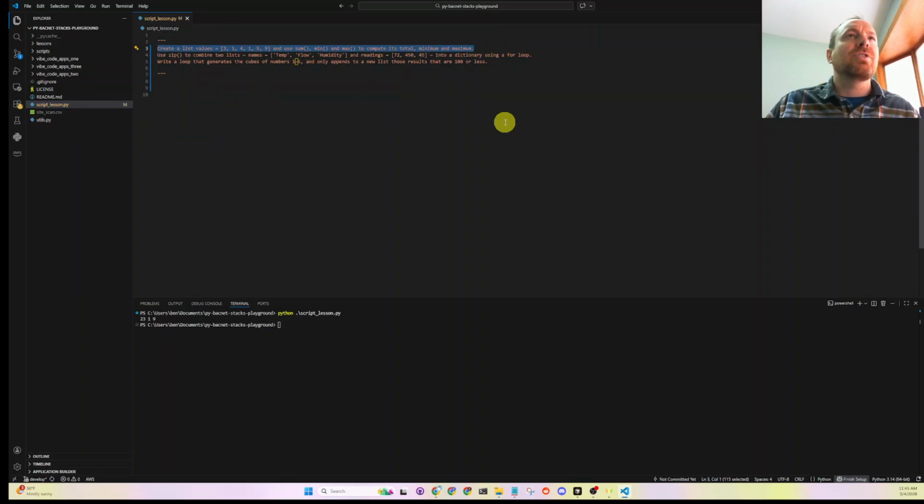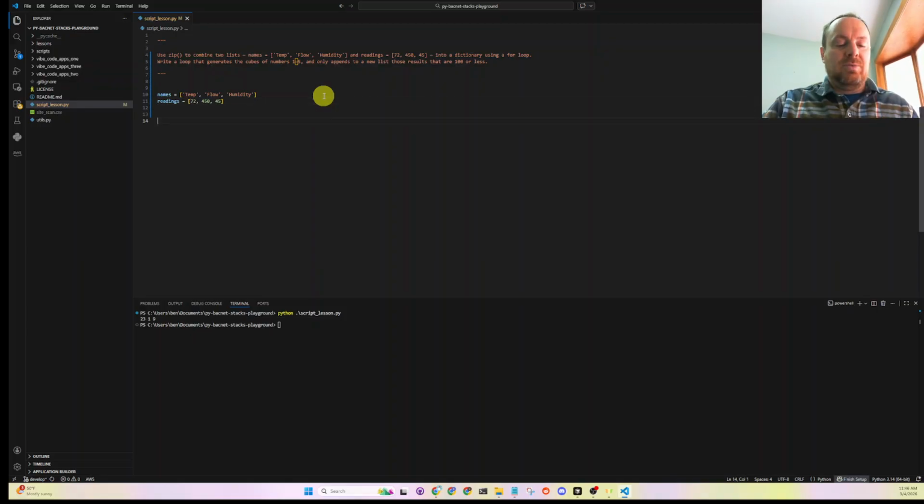Okay, use the zip function to combine two lists into a dictionary using a for loop. Oh boy. Okay, so if we do this, so then we could do, let me see if I remember how to do this. So we could just use, I'll just call it final equals dictionary. And I think we could just do